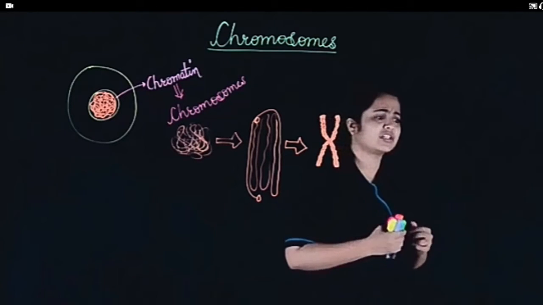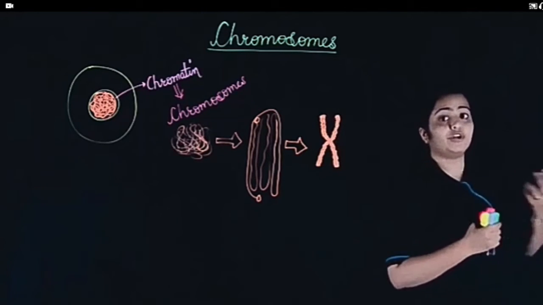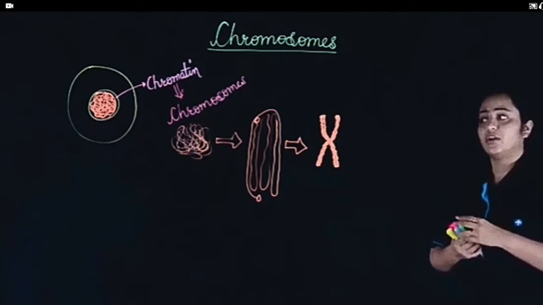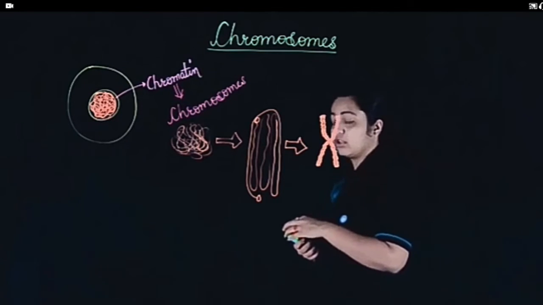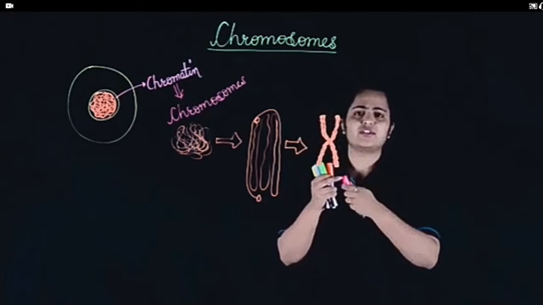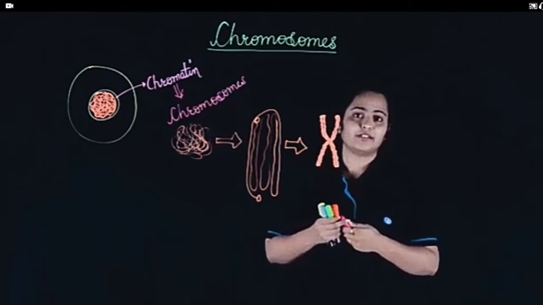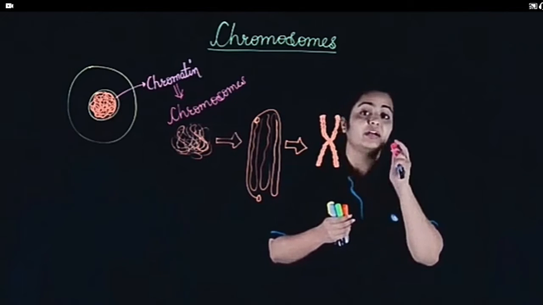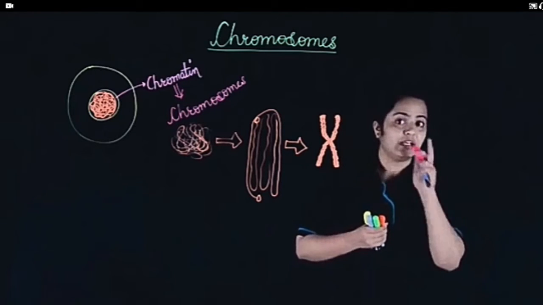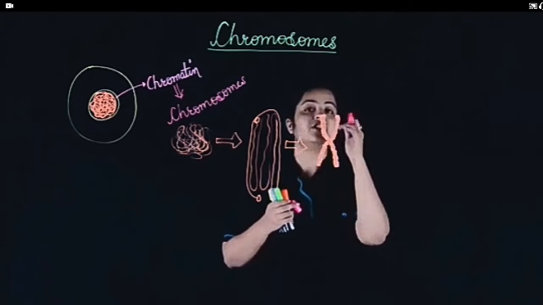Why do you think the structure is required? Cell division. What do you think is so important in this structure? Why are we talking about this structure so very much? This structure is made up of these threads. What are these threads? What are chromatin threads? These are nothing but segments of DNA. That means these are nothing but genes.